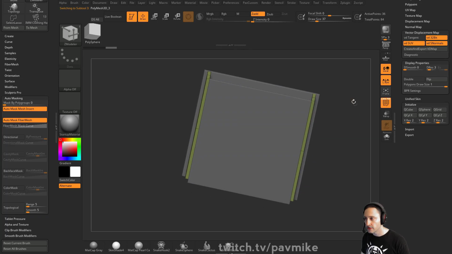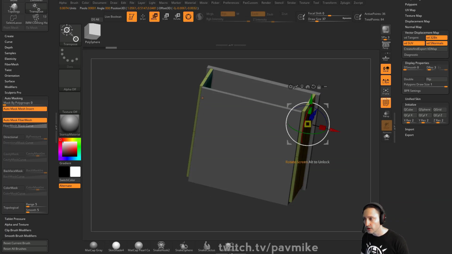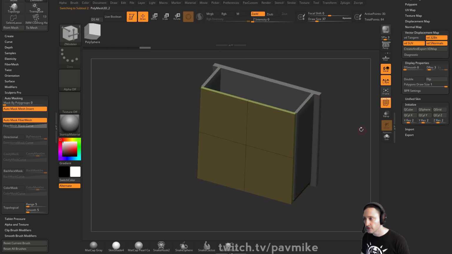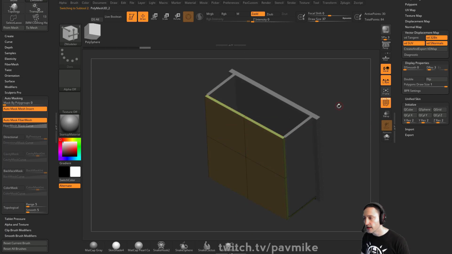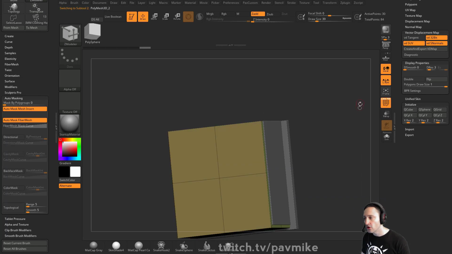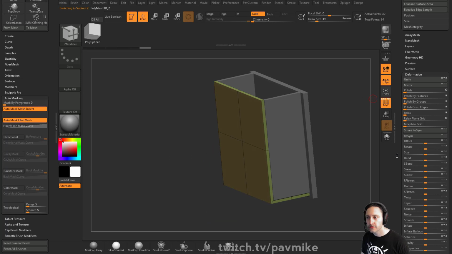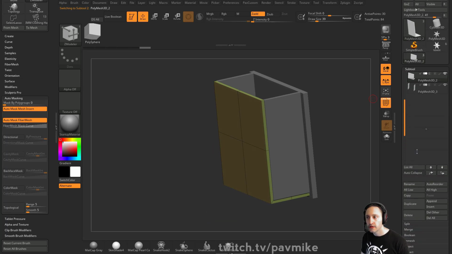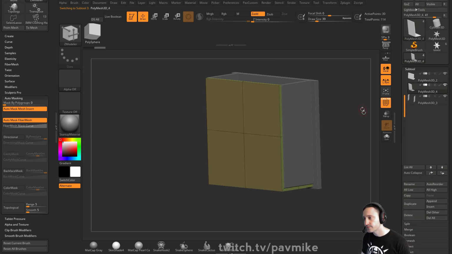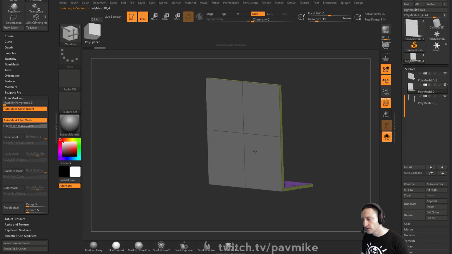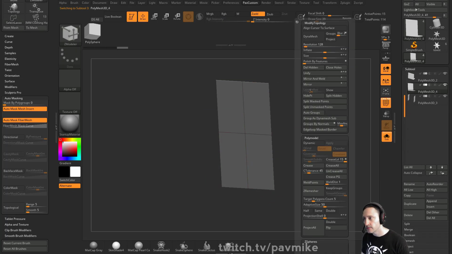So we have our panel thickness, these ones, we can just move in a little bit, and then this one wraps around. And then if we want a flap that goes up and over, we can borrow some from this. So I'm going to take this one here, we're going to duplicate it off. I'm going to alt mark, let's go into solo mode, I'm going to alt mark these ones here, isolate them,